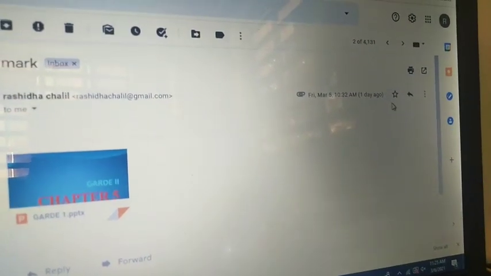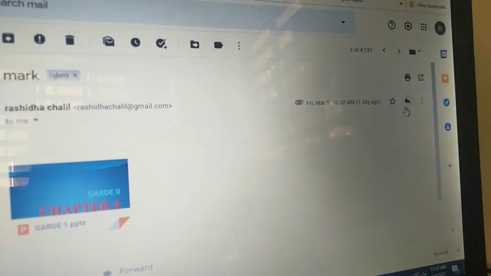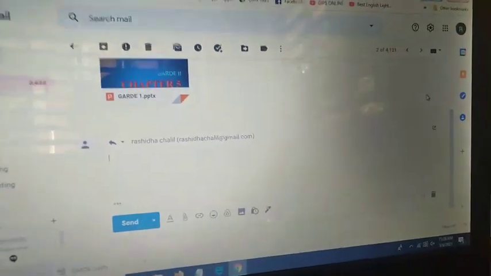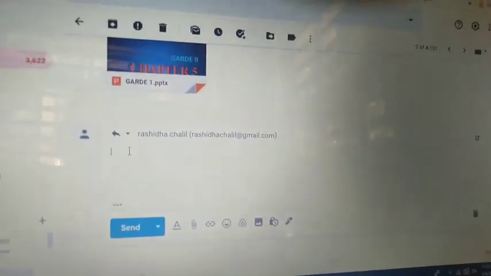Then this is the option for not start. And this is the option for reply, and I can click here on the reply button. Now we can type the reply here.